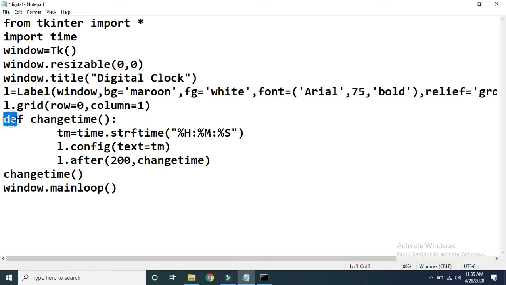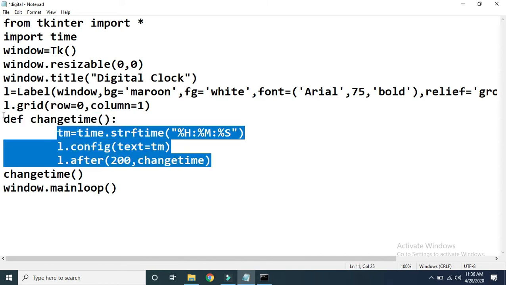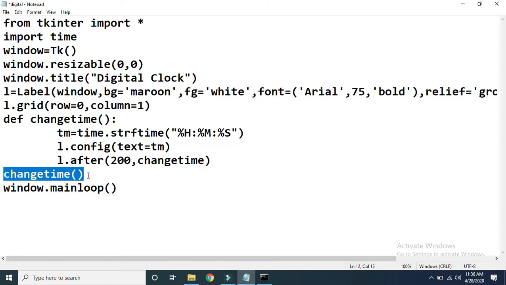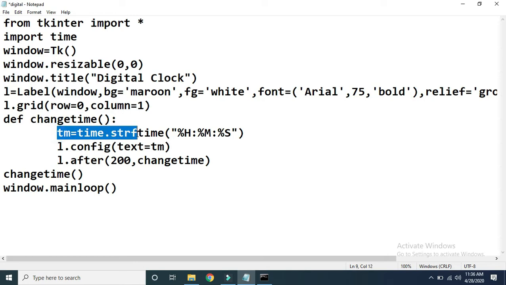Then control will come here to this function. But when control comes here, directly this statement will not be executed. This is a function, remember: the function code is executed when the function is called. Here we have not called the function, we defined the function. So this portion will be skipped, and when this statement is executed, that is when the function is called, then control will come here to this function, and the code within the function will be executed.